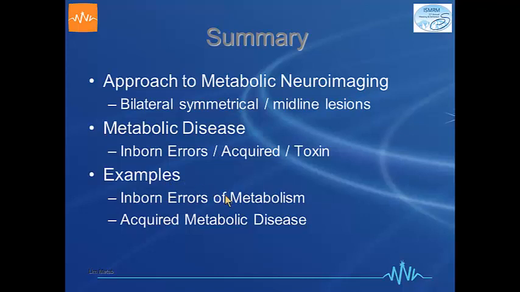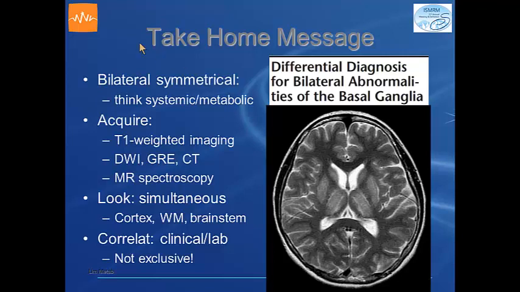So in summary, I've tried to go through very quickly to try and impose some order on the complexity and the long lists of metabolic diseases, and they tend to be bilaterally symmetrical or midline like cerebellar lesions. And of those, the gray matter typically are involved very prominently. Metabolic diseases are both inborn errors of metabolism as well as acquired and toxic, and we hope that we will remember that if it's bilateral, think about this, put these pulse sequences into place, look at simultaneous abnormalities, not just the gray matter, but also the cortex, the white matter, and the brainstem, and then correlate with clinical and laboratory